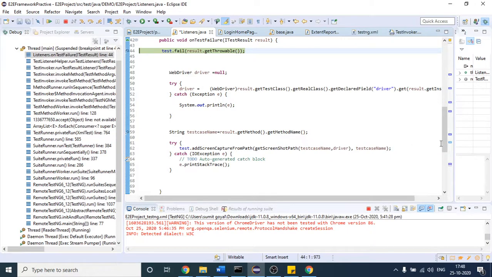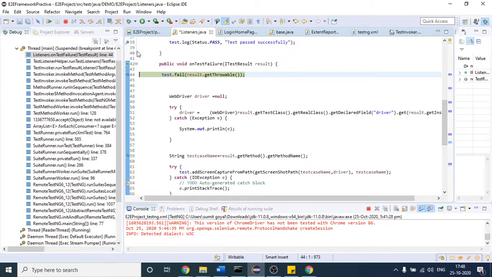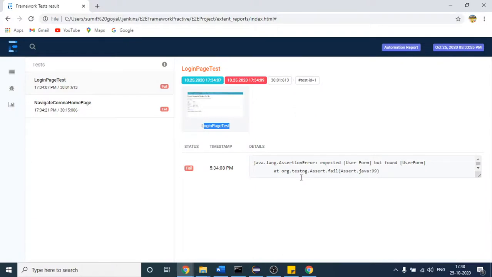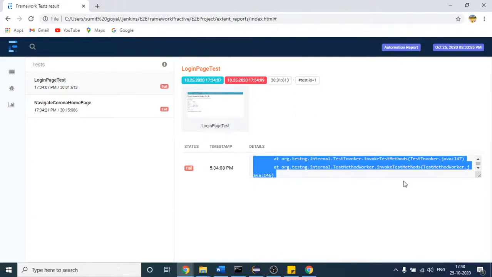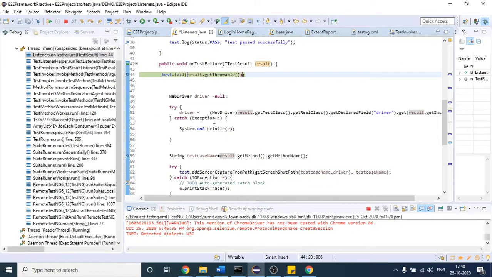Why did the test fail? You know the reason. So again, I am saying test.fail. Whatever the test case failed in that file, whatever error you got, place it here. So this error it will place in my file. Once I click this, again I am getting that driver object of the required file test case.